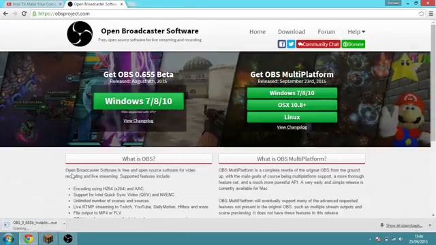It will automatically download, so wait for the file to download. If you don't have a faster computer, this download may take a few minutes or a while. For me, I'm just not gonna download it because I'm using it right now, as you can see there. Now I'm just gonna give you the tips. So if you download that, click on the OBS exe and